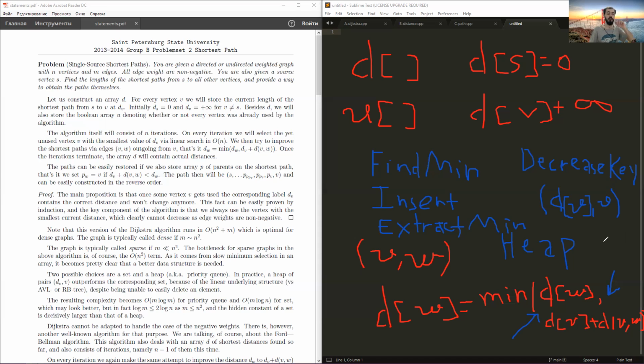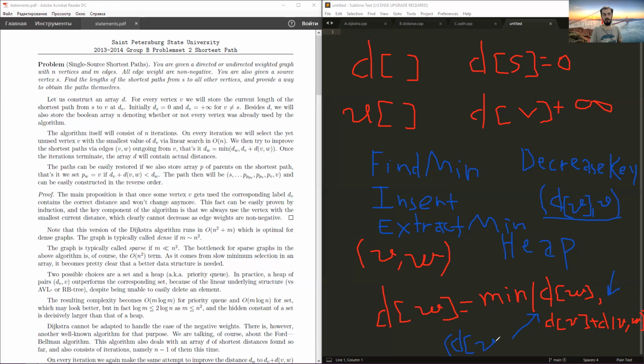Because standard heaps cannot delete elements by key, we don't actually delete. We just insert a new pair if it's better. And when we come to the old pair, we know it should be discarded as a fake pair because the distance to the vertex is not correct. So we already decreased the distance here and inserted the pair